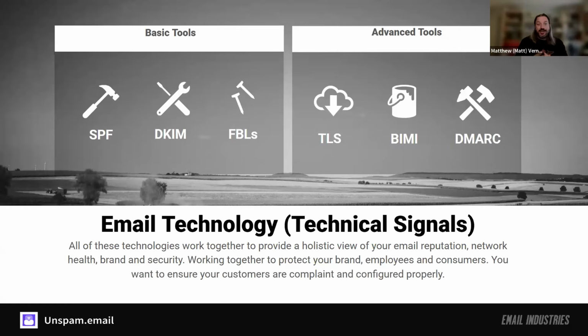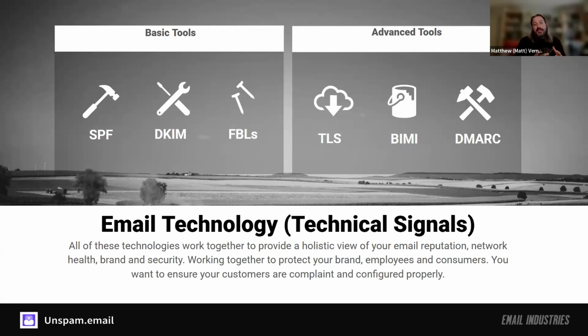DKIM is another one. It's fragile. DNS is fragile. It can cause problems in regards to timeouts. There could be caching issues. If you're rotating DKIM keys, there could be reputational issues between the difference in keys. All of those things need to be accounted for in your email. Obviously, getting feedback internally to your network is important as well.